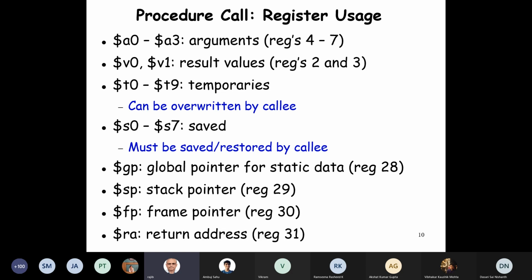So as a discipline, we'll always save these registers into the stack and restore them before returning from the call. And GP is the global pointer for static data. In the small programs that we will write, we will not use static data, which are accessible to all programs. Global data or static data, we will not use them.